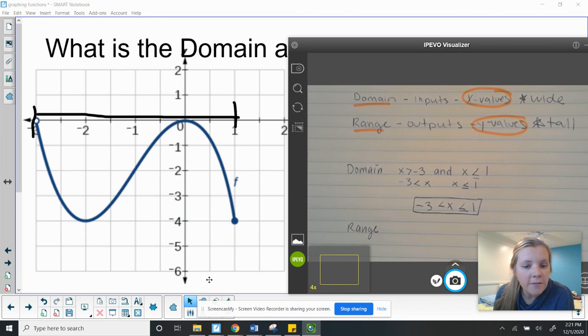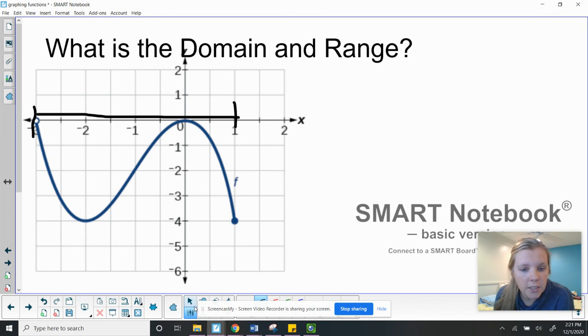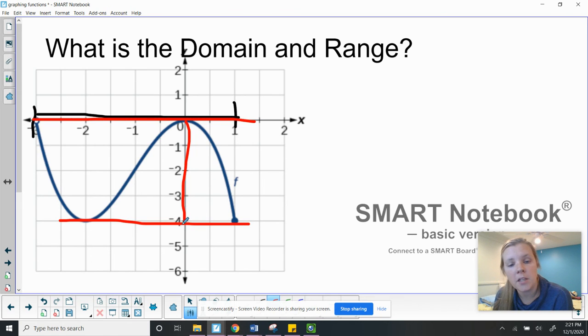So this graph, if we look here, I can get a different color maybe. Here's red. The lowest point here is at -4, and it goes all the way up to this point. That's the highest point. So my range goes from